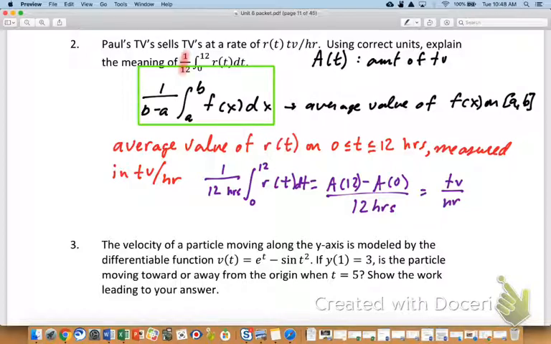So I think there are 2 ways to look at it, and I think this way with the units is really good. But I also think you can look at it as a recipe, and you can say that thing in the green box is the average value of whatever the integrand is. You'd be okay. So you can look at it formulaically like that, or you can delve through the units and antiderivatives and see it too. Okay. Yeah. Thanks.